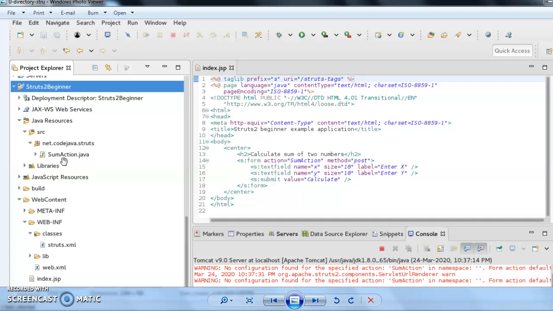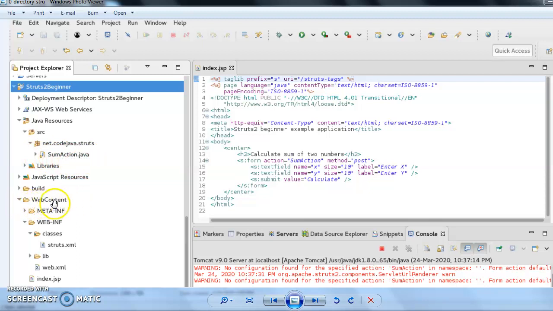The user has the index.html file, with two text boxes. The user will enter two numbers in those text boxes. After clicking on a button, you will be redirected to this someaction.java, and it will calculate the addition of these two numbers. So this is our main file, or business logic file.